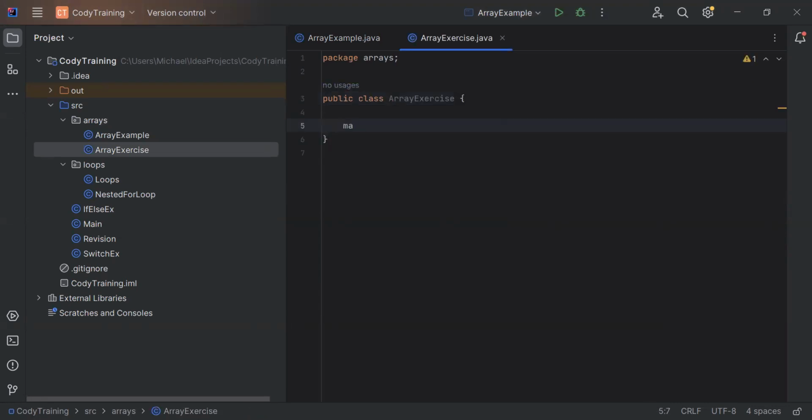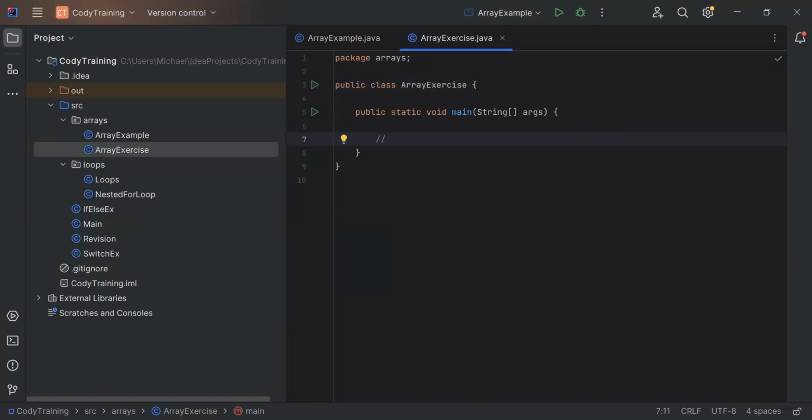Before I forget, I'll put the main function. And here I will put a comment. So that is our first program that we need to code: write a Java program to sum the values of an array. Like here, if we have an integer array